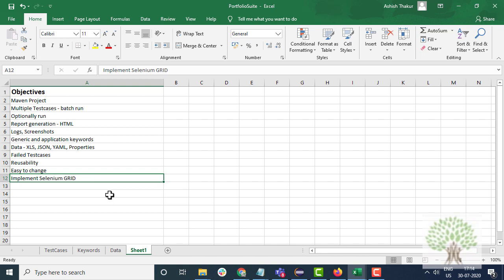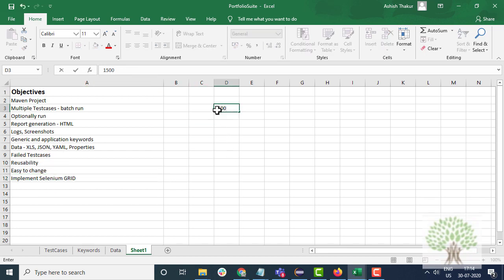So that's what is required when you are building the hybrid framework. You should make the hybrid framework from the very beginning in such a way that implementation of Grid is easy. You have to cater to Grid from the very beginning. What generally happens is that client comes and tells you that fine, these are 1500 test cases, please automate. You automate them. It takes you 2 months to automate those test cases. After 2 months, the client says that fine, run them on Grid. And then you realize that you haven't actually made them in a way that they can be executed on Grid. So that creates a problem. Fine. So you have to implement Selenium Grid and you have to take care of it from the very beginning.